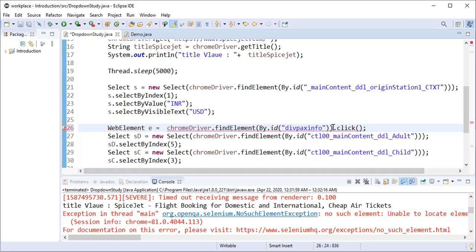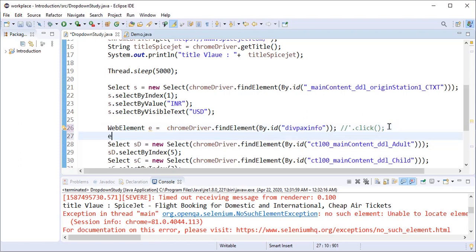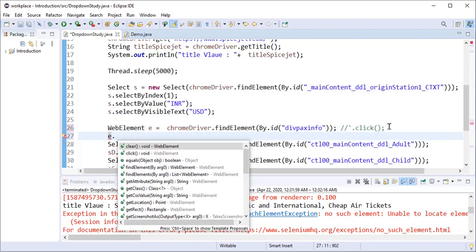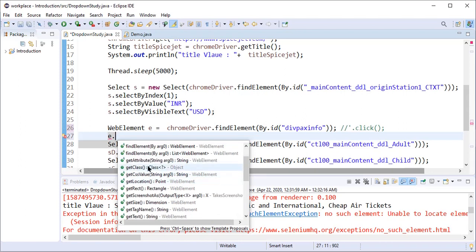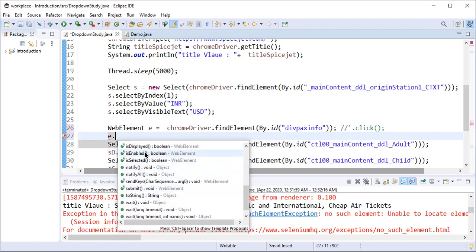Okay, and I will just comment out this one. Okay, so with the e, what different methods will we get? We have click and equal. So get size, get text, all these methods we have, is selected, is enabled.